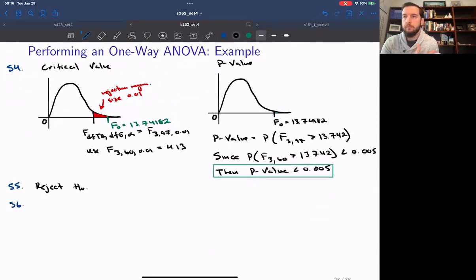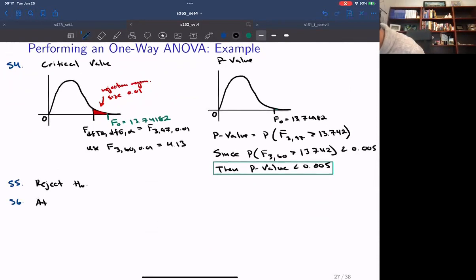Okay, so regardless of which approach you take, it's clear that we're going to be able to reject H naught. So the test statistic is in the rejection region. We can reject. The p-value is clearly less than alpha, so we can reject. Therefore, we can say at the 1% significance level, the